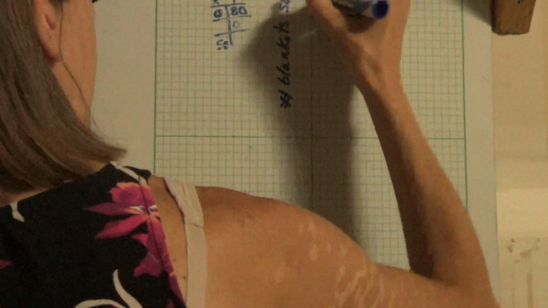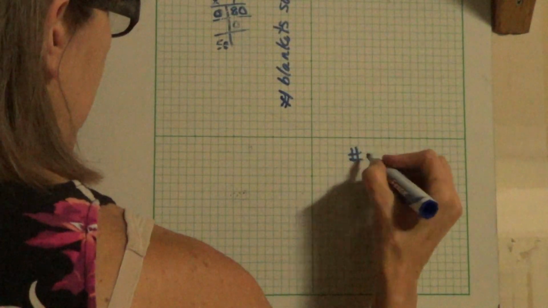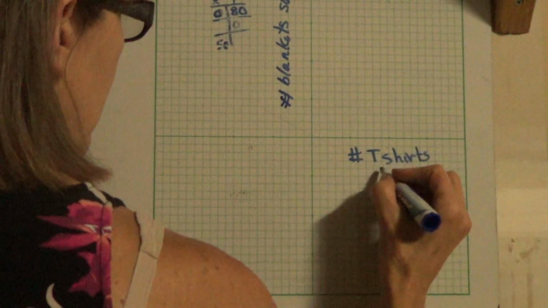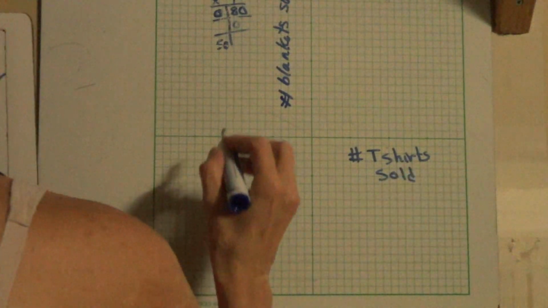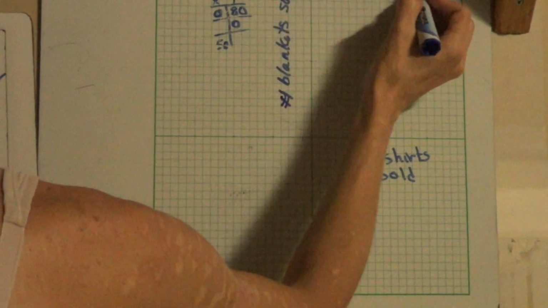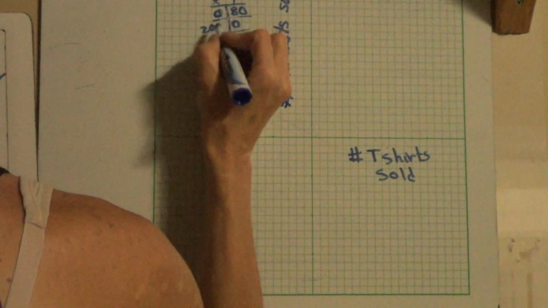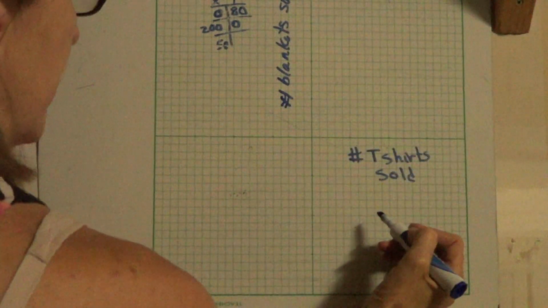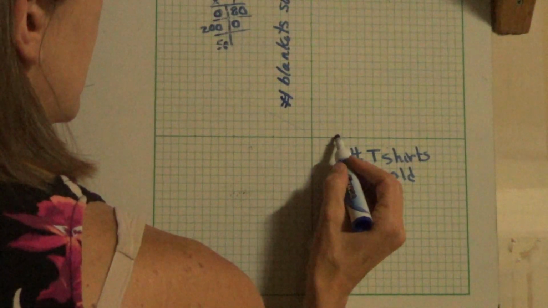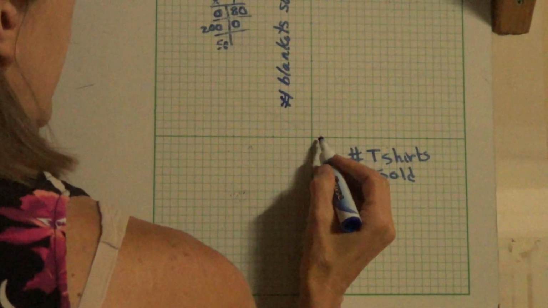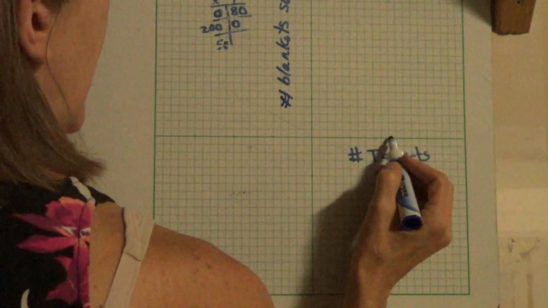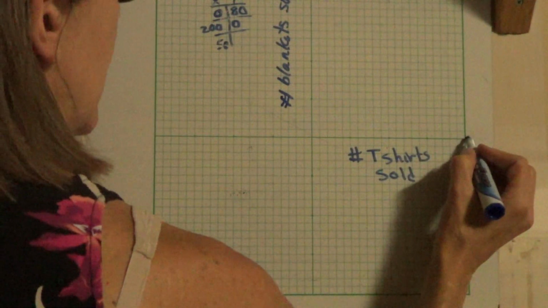please always label the axis and always look at the axis to see what they're labeled. X would be number of t-shirts sold. Now, if we have 0 blankets sold, 10 would go into 2,000, 200 times, so we'd need 200. We'll just go by tens here, so that would be 10, 20, 30, 40, 50, oh, I'm sorry, we'll go by hundreds. 100, 200, 300, 400, 500, there's 1,000, there's 2,000, and